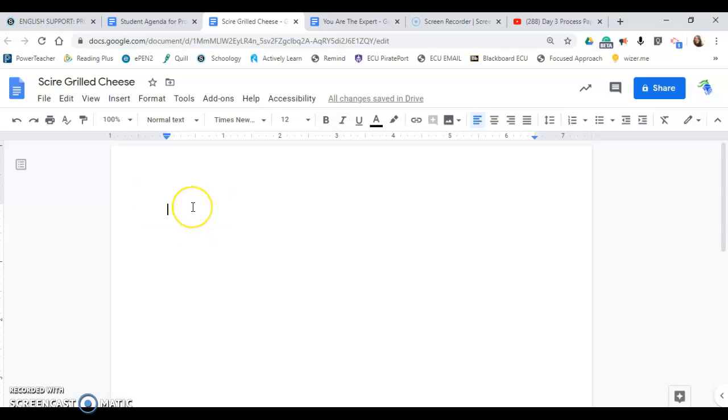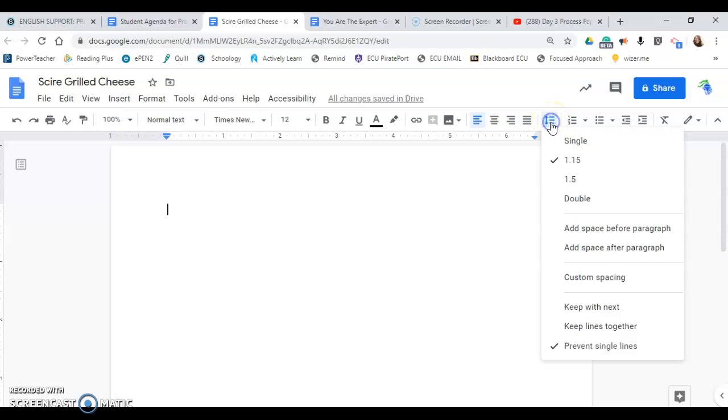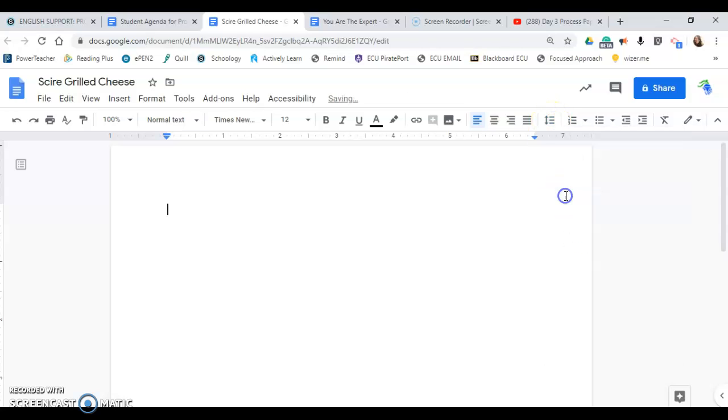Now you've titled your document. Before we type anything, we want to go over here to line spacing and change this to double. Once you have it set on double, the first thing you're going to type is your name,